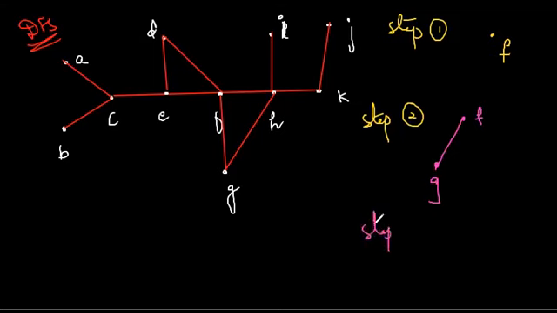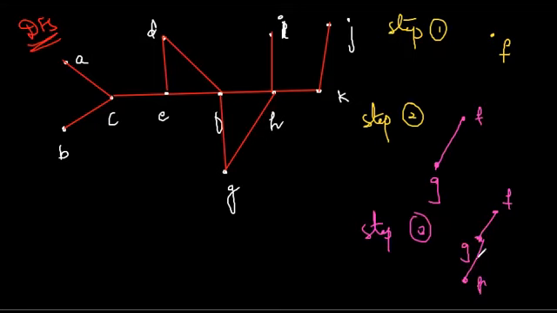In step 3, again, you can add the vertex which is connected to G. The vertex which is connected to G is F or H. But since F is already in our path, we have to take the next vertex H. So I am taking F, G and then H.